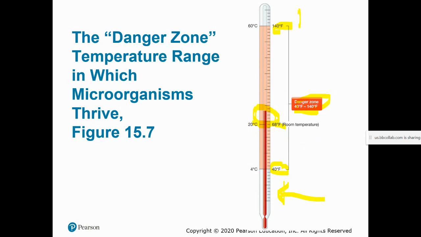There's also this concept of keeping hot foods hot, right? If you're hosting a dinner and you want to keep food out for people to eat over an extended period of time, if it's a hot food, you want to keep it hot. So keep it above 140 degrees Fahrenheit while you're serving it. Otherwise, if it starts to cool off at all, then you're back in the danger zone and the microorganisms could be reproducing.